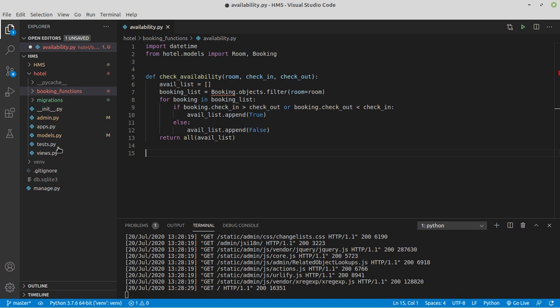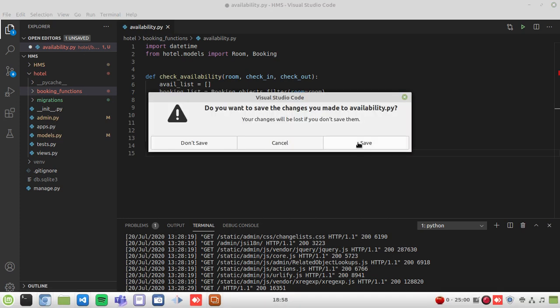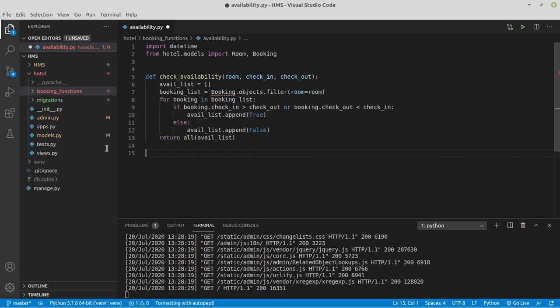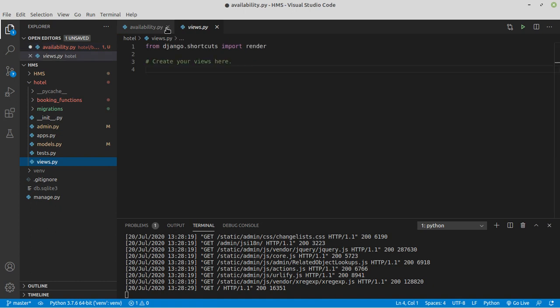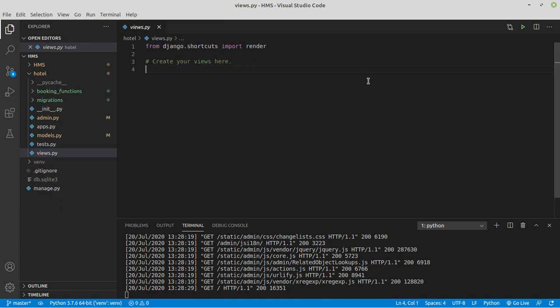Okay, open your views.py. I'll close this availability.py, open the views.py. Yeah, now we are in our views.py. The first thing that we're going to do is to make a list view for our bookings and for our rooms. So I'm going to import ListView from our generic views from